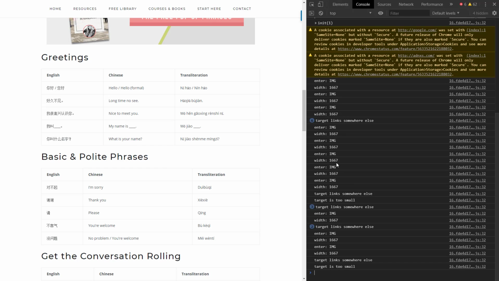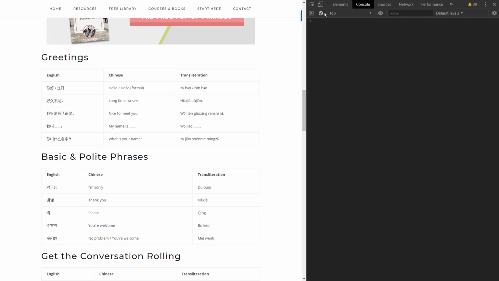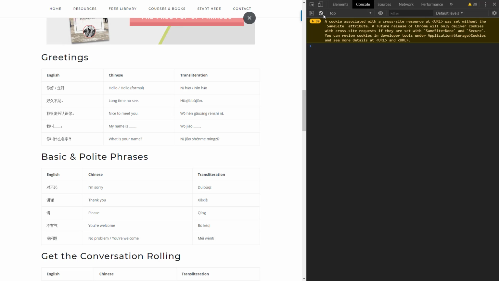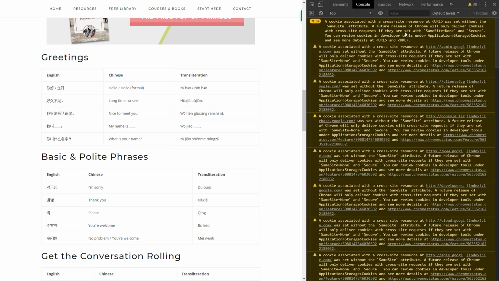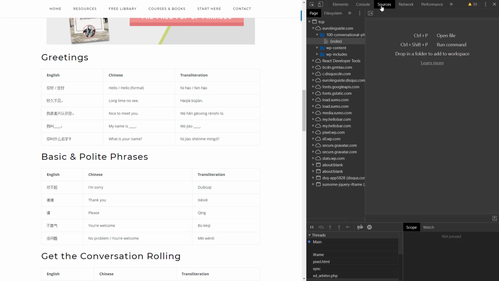On Windows, it's easy to just hit Control-Shift-J, and that'll get you right into dev tools and right into your console, actually. Now I'm going to just go ahead and clear that console out. I don't need any of this stuff. This is all either notifications coming from the website itself or from browser extensions that I have. I don't know what this is. Doesn't really matter. We're actually looking for the Sources tab, and this shows